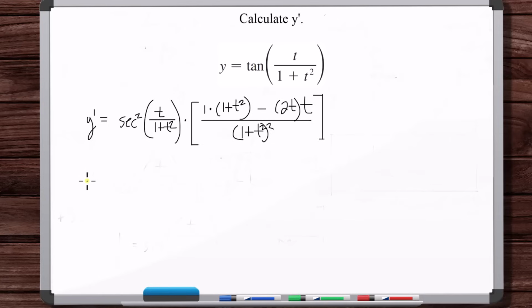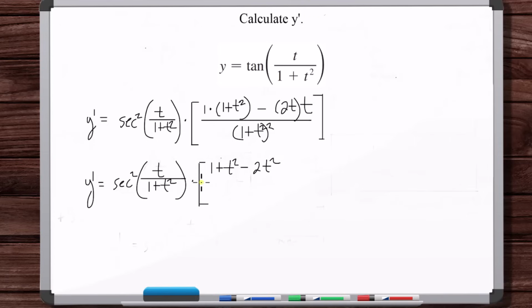Okay, so now let's simplify. So we've got 1 plus t squared minus 2t squared, which is 1 minus t squared. Okay, so the derivative is